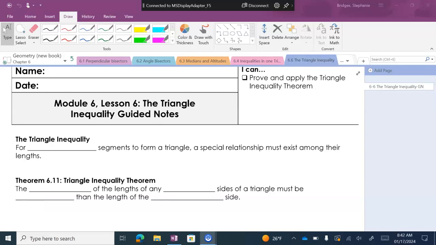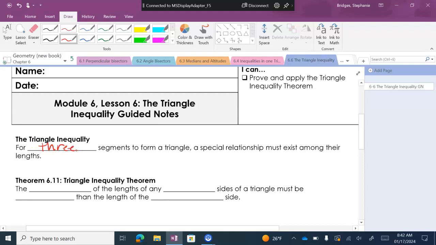All right, everybody ready? So this is section 6.6, sorry. And we're going to talk about the triangle inequality theorem today. And the first part it says, for 3 segments, that's what we're filling in, for 3 segments